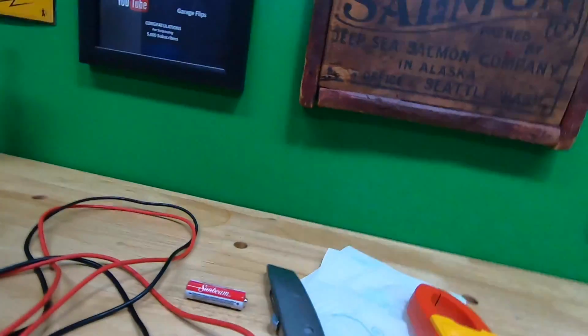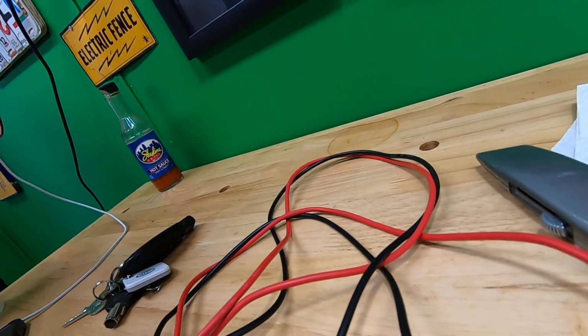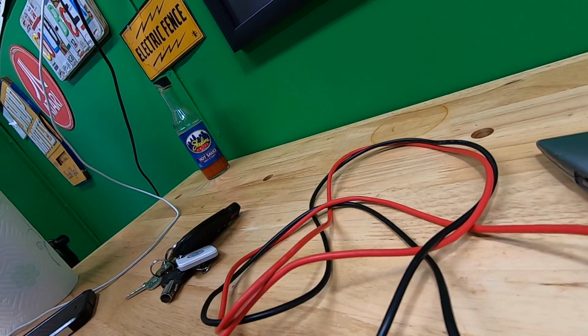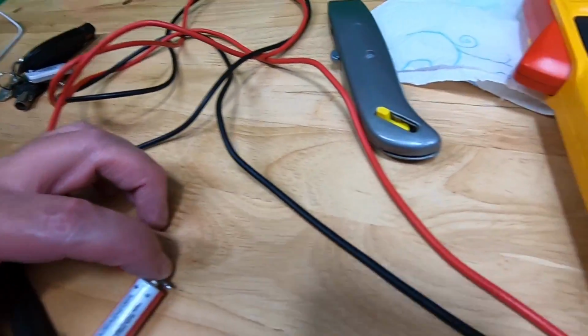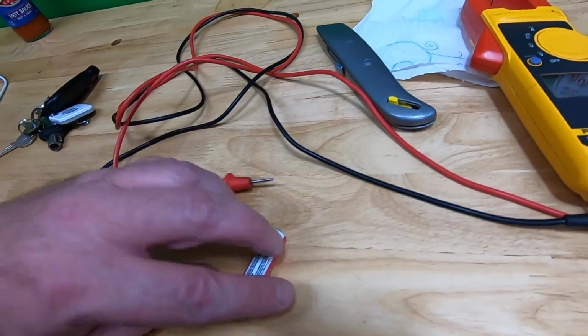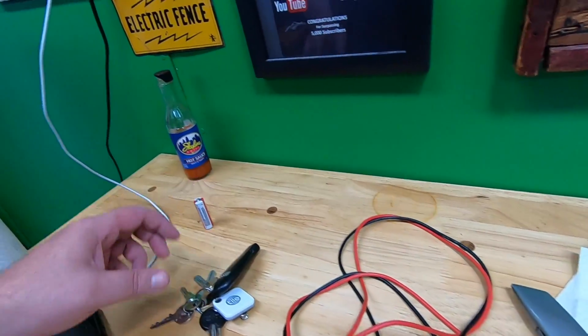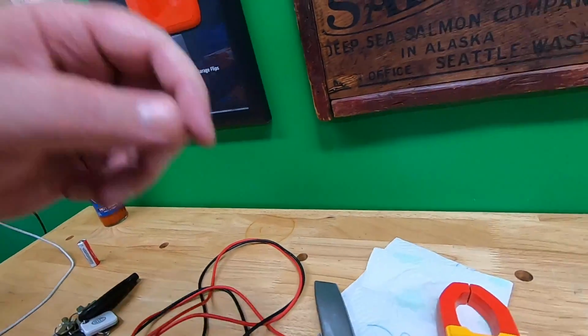Kind of hard for me to hold the camera and do this. So anyway, the DC voltage, I'll just hook up on both sides of the battery. We're reading 1.4 volts. That seems reasonable. I don't know, as the batteries age, the voltage decreases, of course. Then there's a